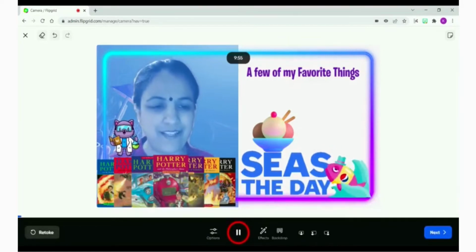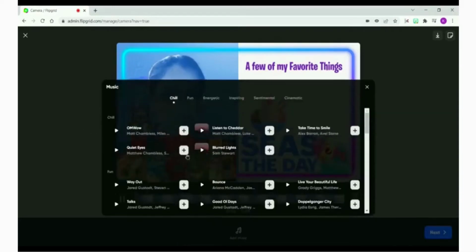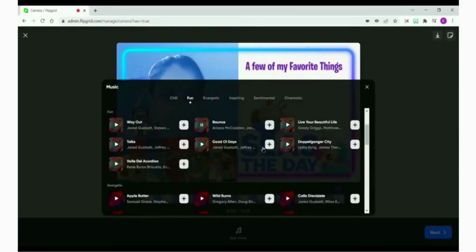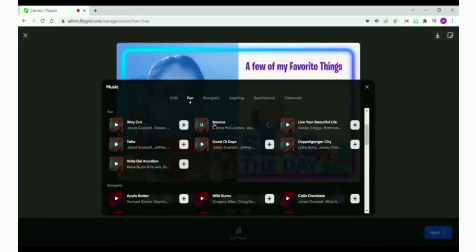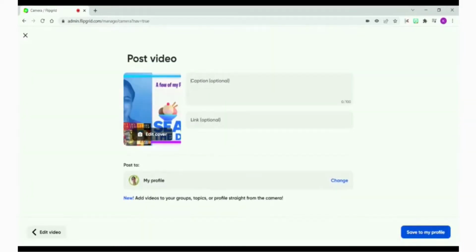Once you're done, hit the next. You can add music if you want. Once you're done, we got it. Next, you can take a selfie if you want.